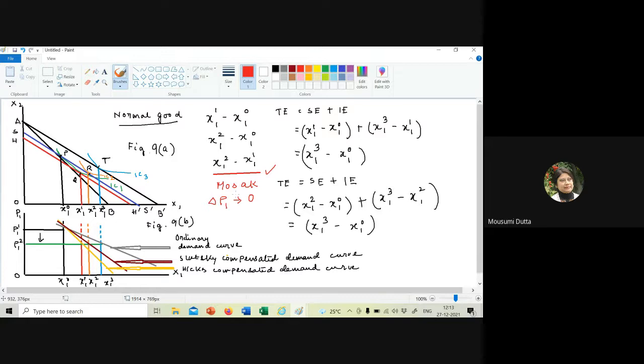It is of course true that as delta P1 moves towards 0, T, R, and Q all tend to converge to point P. This means that